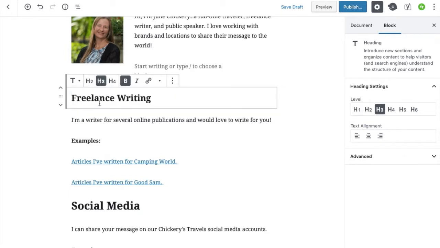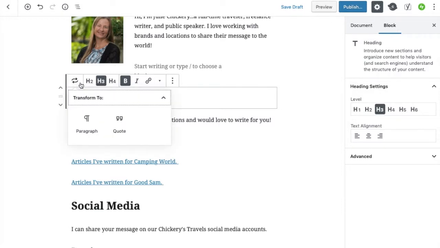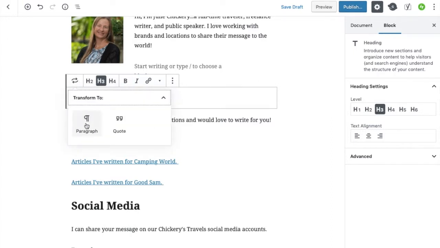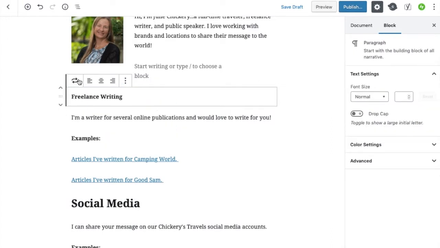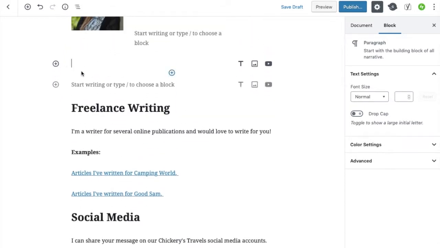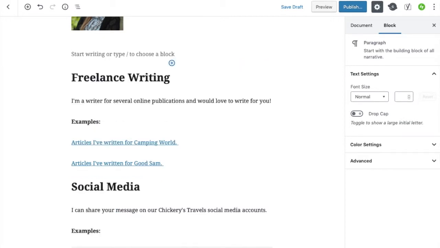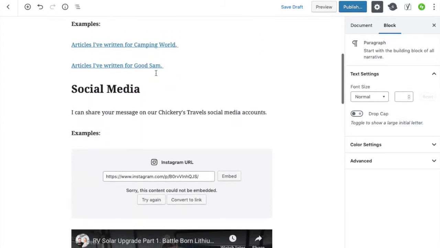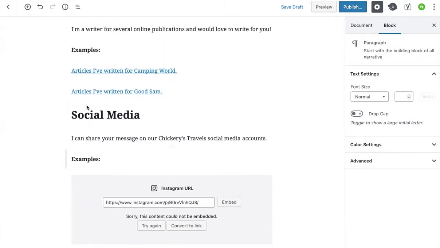I could change it to a different one. I might even say, you know what, I don't want it to be a heading. I want it to be just regular writing. You can do that too. You can add blocks in here. Or if you didn't want the blocks there, the way you take a block out is you just delete, back, takes the block off. If you decide you want to move things around, you just use these up and down